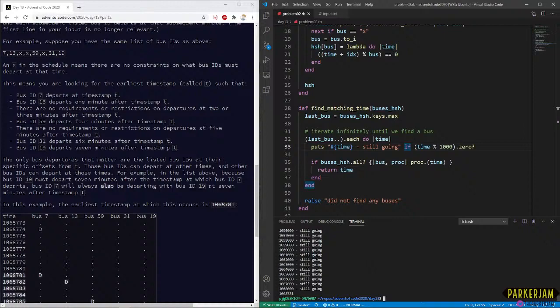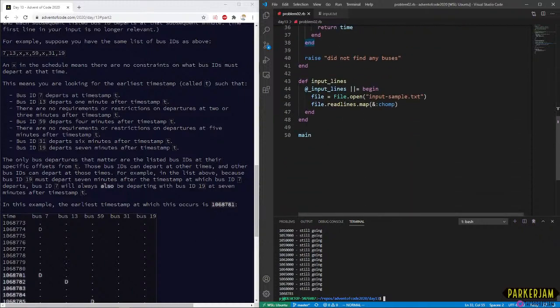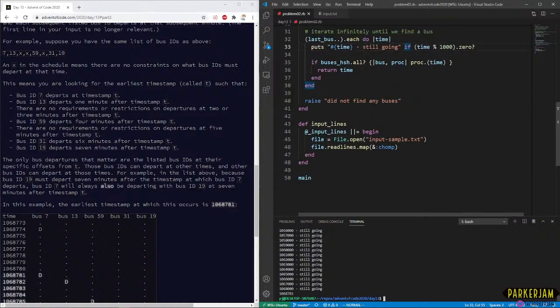I guess what we could do instead is... I'm going to run on the actual thing first, to confirm that it's actually terrible. But I'm pretty sure this will be terrible. While that's running, we can think a little bit about what this is going to end up looking like.